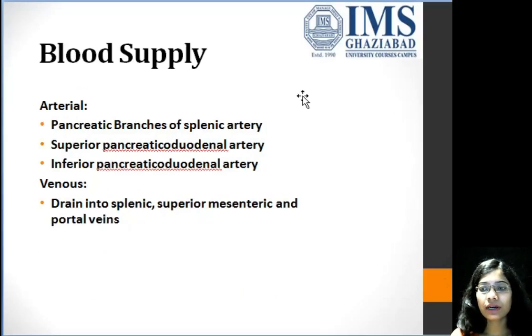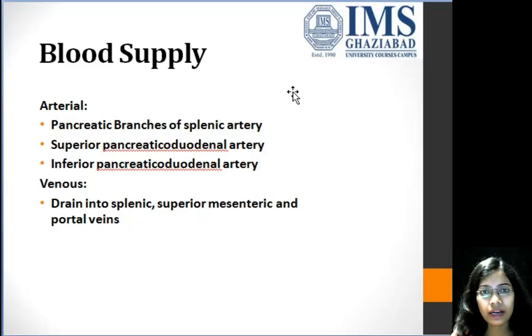Then next we come to blood supply. Two types of blood supply are there in the body: arterial blood and venous blood. Arterial blood carries oxygenated blood, whereas venous blood carries deoxygenated blood. Arterial blood or arteries